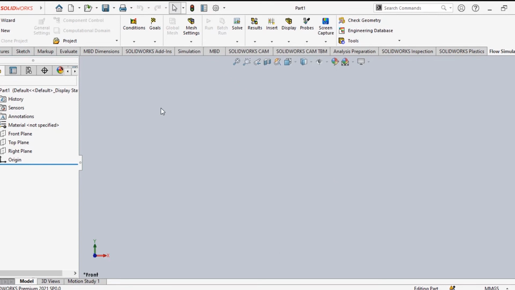Now in 90% of cases, not 90%, 100% of cases, you have to start with sketches only. Always you start with sketch. After sketching is finished, you can start with the features. Suppose you have made one rectangle. So you have to make a rectangle in one plane: top plane, right plane, or front plane. Any plane, you make a rectangle.